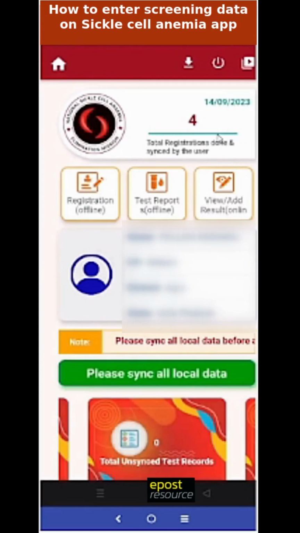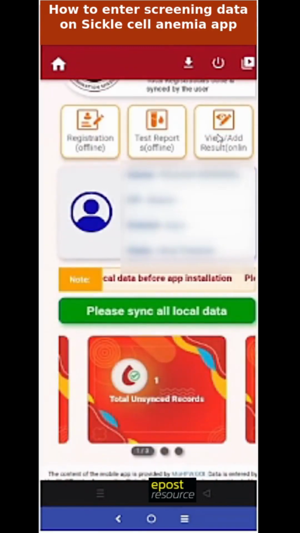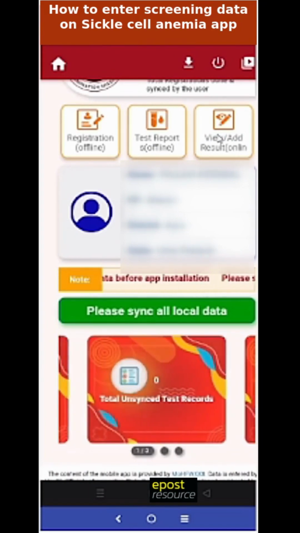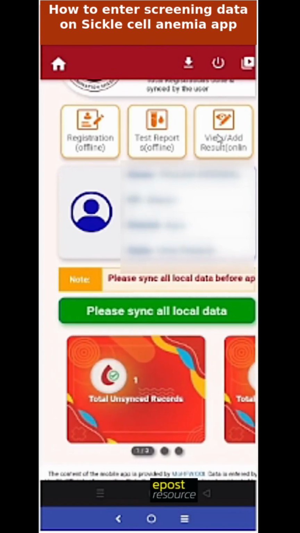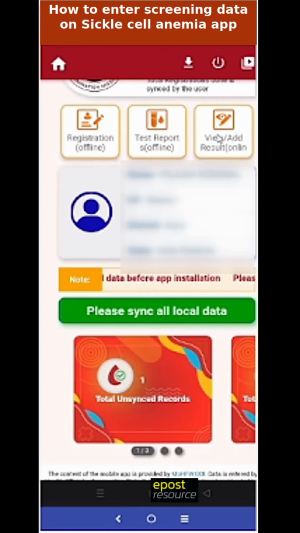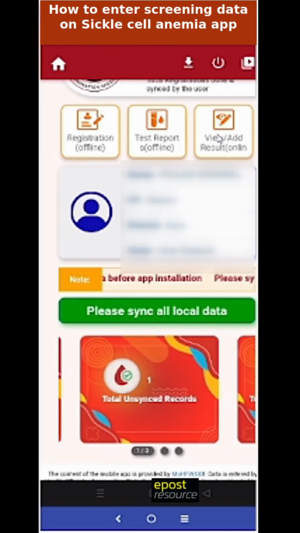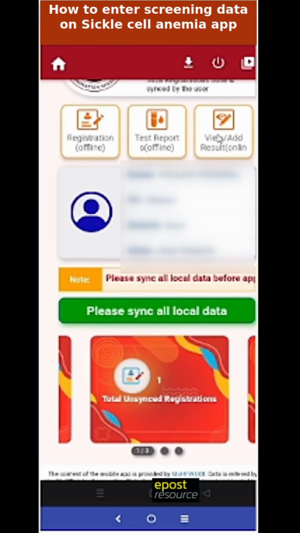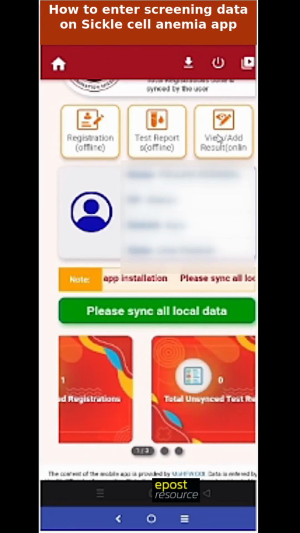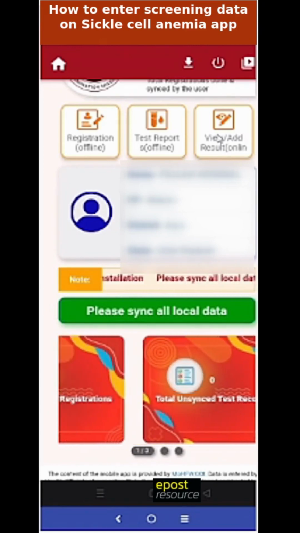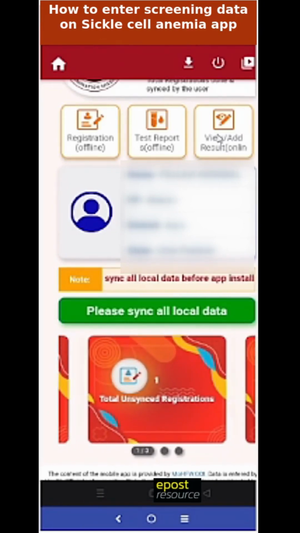internet connectivity area, like I have turned on my internet. Now if I click on please sync all local data, see, I have one unsynced record, so that's why this count also changed to 1. So from here the health user can monitor the count. Unsynced records is 1 and total unsynced registration is 1. We have not entered any test record in offline manner, so that is why this is 0. So if you click here,